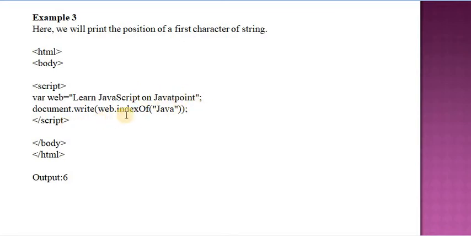And in that we find the index of Java. Here 0, 1, 2, 3, 4, 5, 6. At the 6th position Java is present, so it returns 6 on a web page. This is the third example, which prints the position of the first character of a string.